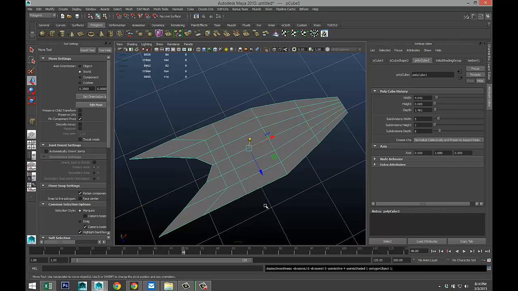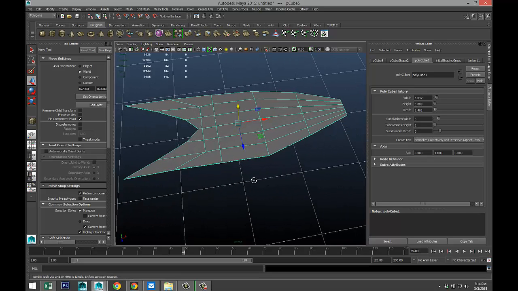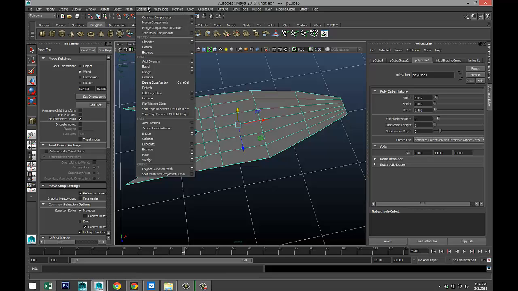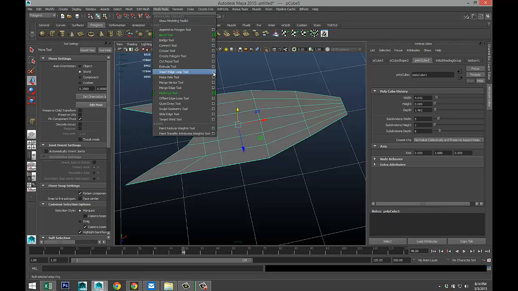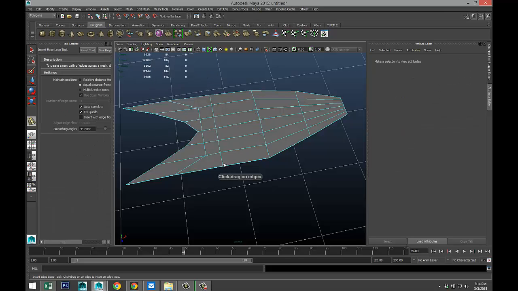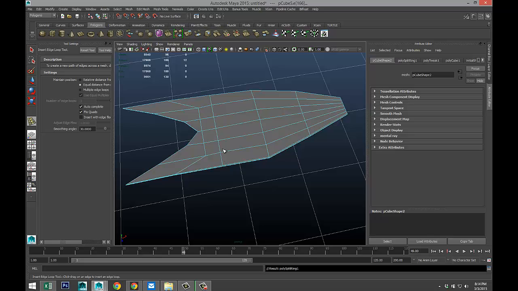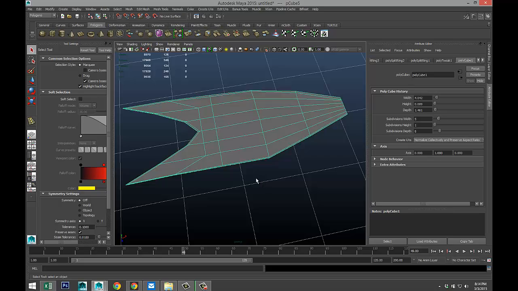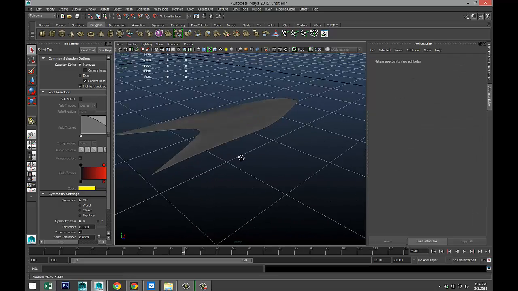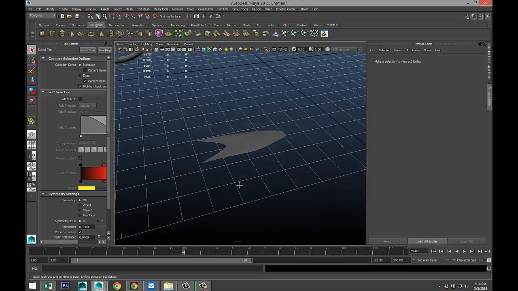Let's hit 1 to go back. It's kind of too round, if you will, so we're going to go to edit mesh, mesh tools, insert edge loop tool, option box, regular setting, and we're going to push an edge loop out to the edge, and we'll do one down there as well. Let's do Control Z, Control Z. I don't want that one. There we go. And we'll do one back here. And we probably are good. Hit Q on your keyboard, right click object mode, and hit 3. A little better. Yeah, that's okay.